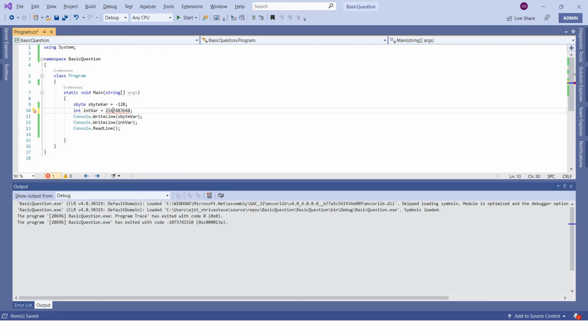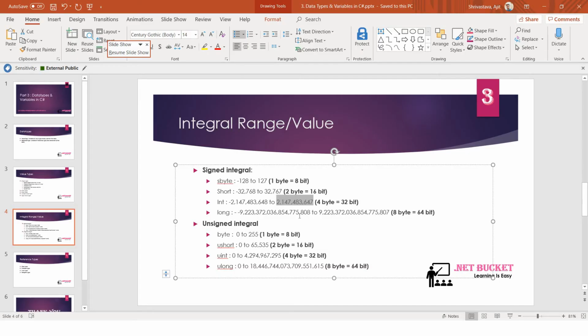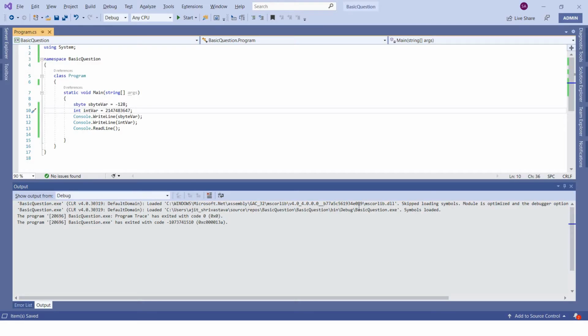You can see it will not allow it. As long as the value lies within the range, it will not flag any error. All these values within the range it will take. So based on the range that you want to store in a particular variable, you can pick its type. And why is it important?